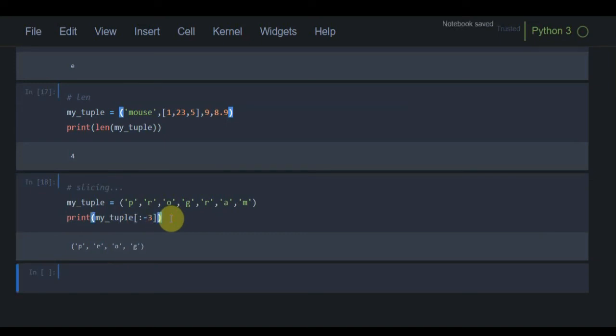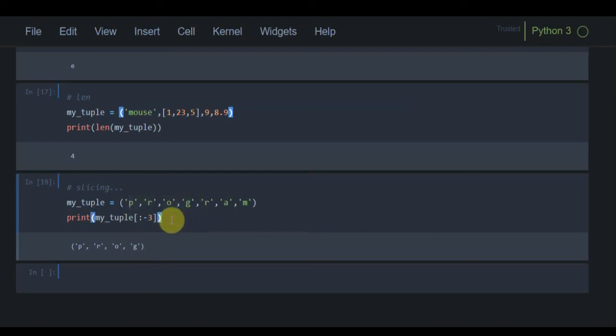If I run this program, you can see it gives PROG. So it is running up to -3. Why? Because at that index we have G. It starts from 0 and runs to the third element, right?